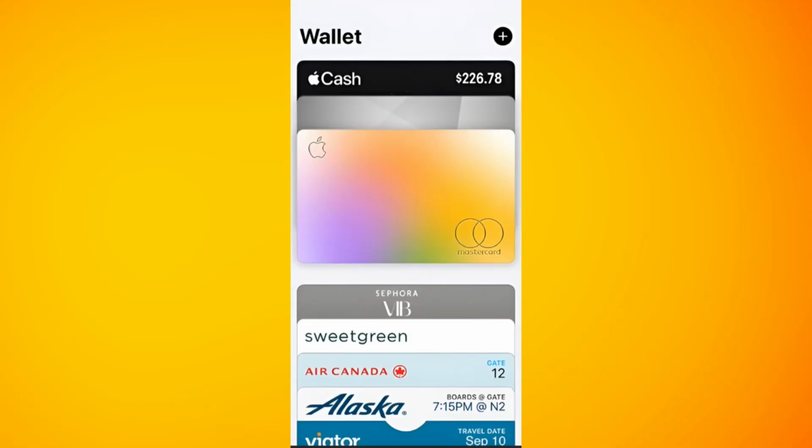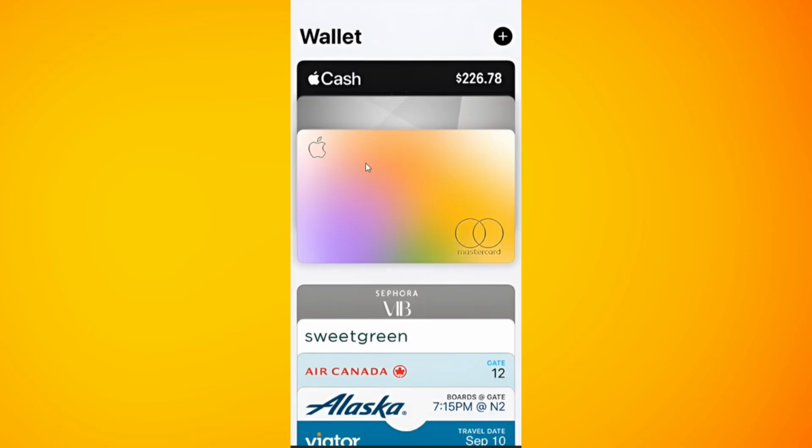In today's video, I will show you exactly how to add your Fazaa card to Apple Wallet in 2026 so that you can access your memberships quickly from your iPhone. So first of all, you need to open your Apple Wallet application on your iPhone. This is the app where you can store the cards like boarding passes, loyalty cards, and membership cards for quick